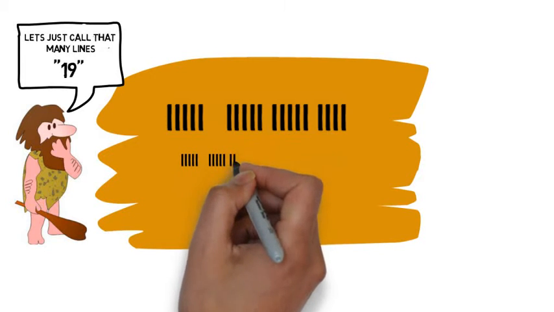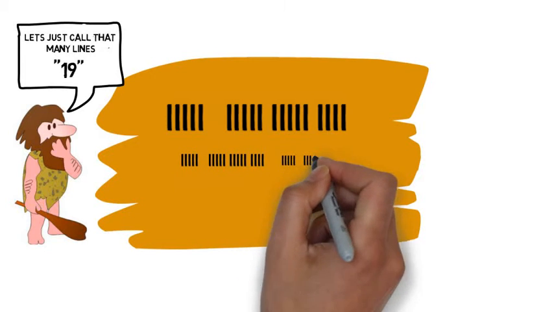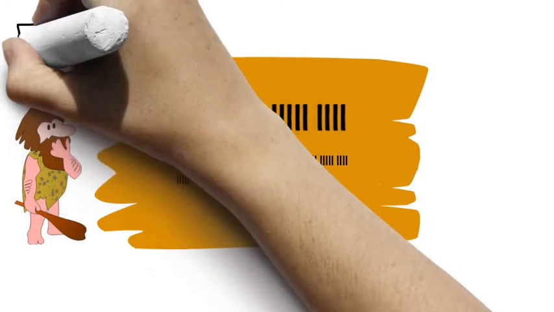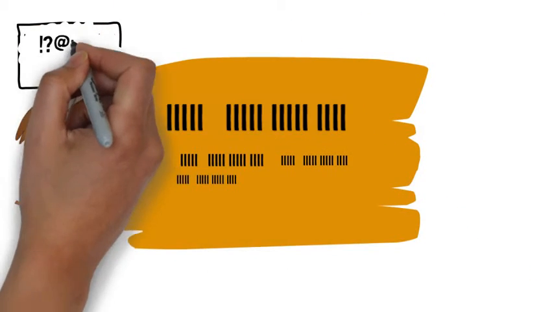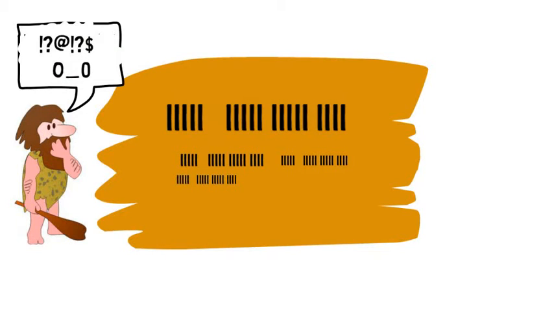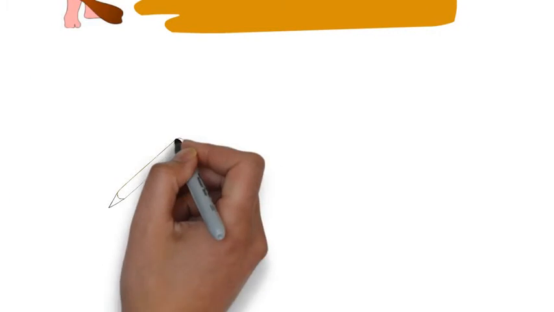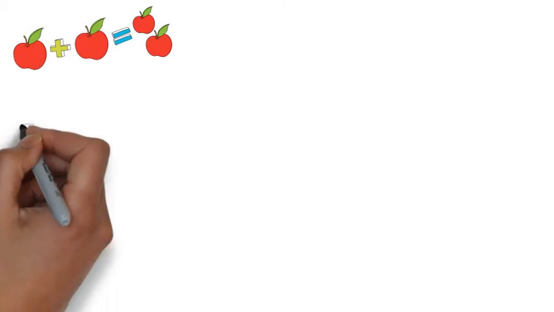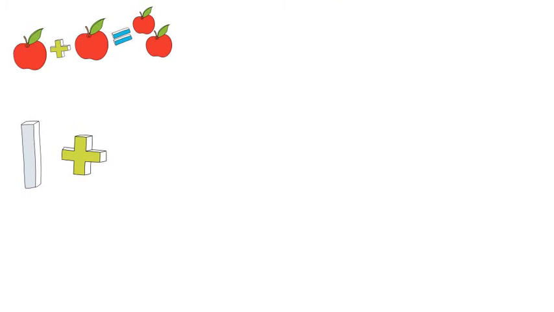Sure, your system of one line for one item gets tricky when dealing with really large numbers, but since you rarely have to deal with hundreds of thousands of anything, that's more of a problem for later civilizations like us. But what we see here is that math is a method of modeling reality, but yet it departs from reality in just the simplest of calculations.